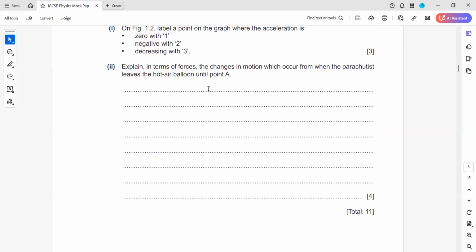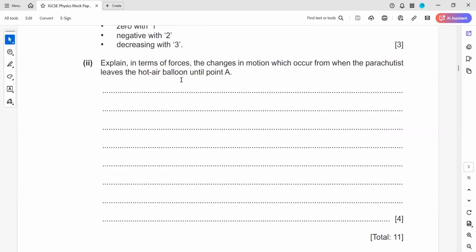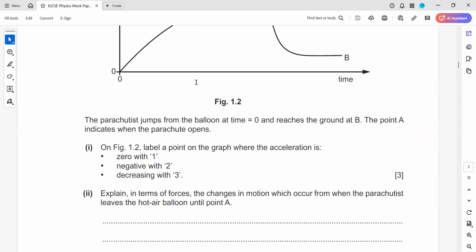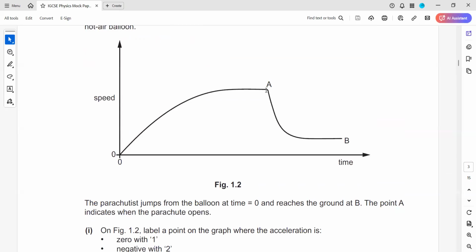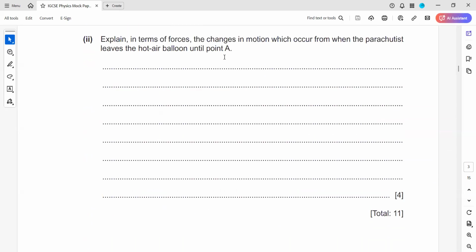The next is explain. Look, this is a very structured answer for such a question, in which you have to explain a falling object reaching a terminal velocity. Explain in terms of the forces the change in the motion which occurs from when the parachutist leaves the hot air balloon until point A. So till point A means till terminal velocity. So first what will happen? What should be the structure of the answer? When he jumps,